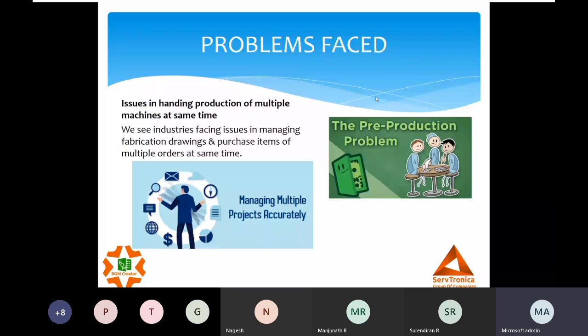Say there are 10 machines, A, B, C, D, E, F, G. I have to make sure I do not replace D's part in my A, or A's part in my D. Sometimes what happens is, with the confusion, if the BOM is wrong or the drawings are not matched correctly, things become a problematic scenario for the complete organization. So considering all these issues, we developed a solution called BOM Creator.